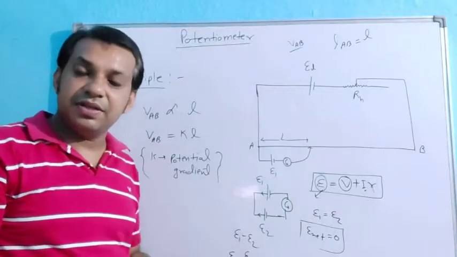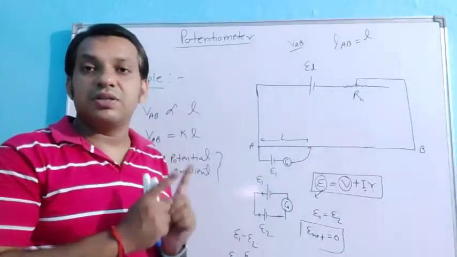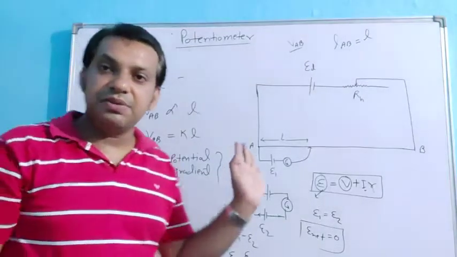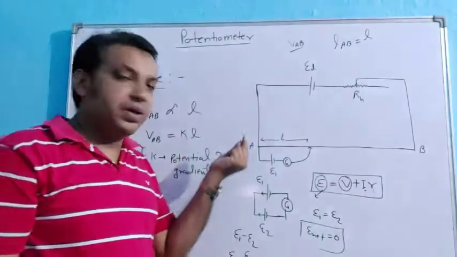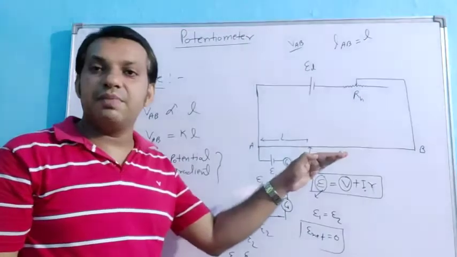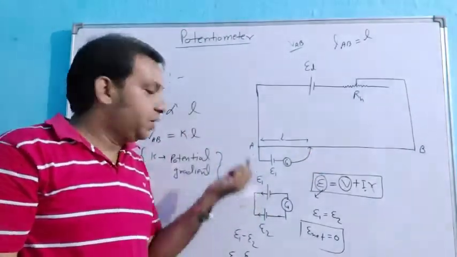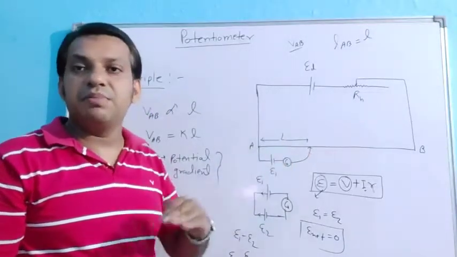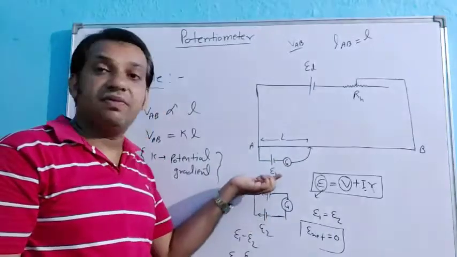In simple language, यूनिट लेंथ के अक्रॉस कितना पोटेंशियल डिफरेंस बिल्डअप हो रहा है वो कौन रिप्रेजेंट करेगा? ओके। यानी सिंपल लैंग्वेज में कहें तो आपको एक यूनिट लेंथ में कितना पोटेंशियल डिफरेंस बिल्डअप हो रहा है इसके पोटेंशियोमीटर वायर में, वो आपको पता है। अब सिंपल, यूनिट लेंथ में कितना तो एल लेंथ में कितना। तो सिंपल, विद द हेल्प ऑफ यूनिटरी मेथड यू कैन फाइंड व्हाट इज द ईएमएफ ऑफ द सेल